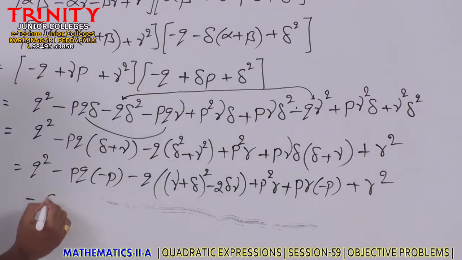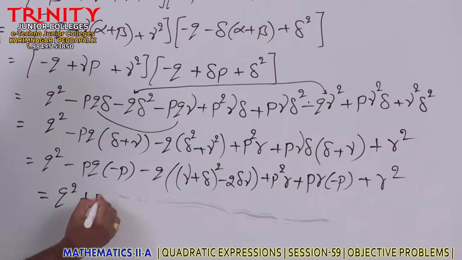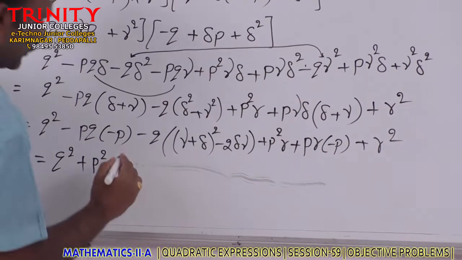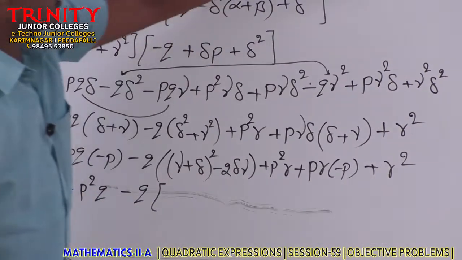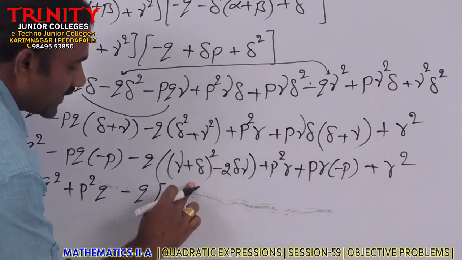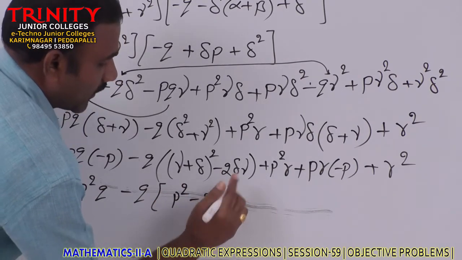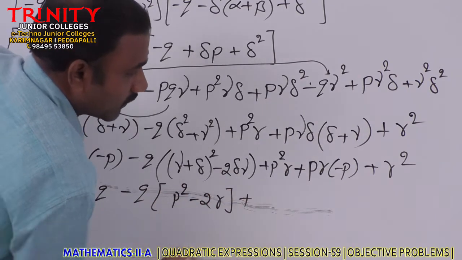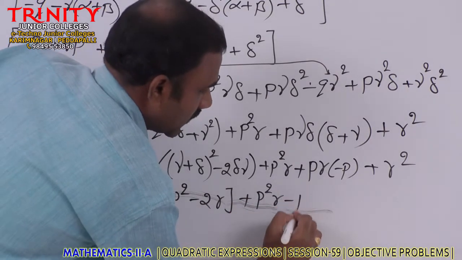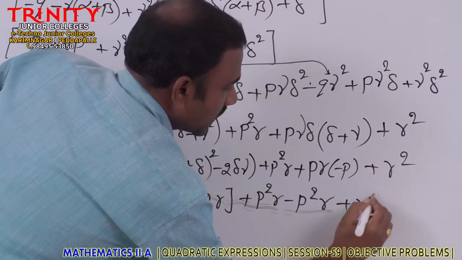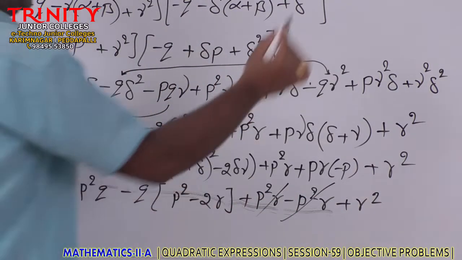Then q square minus into minus plus p square q, minus q of gamma plus delta value minus p whole square, that is p square minus 2 gamma delta value is r, plus p square r, this is minus p square r plus r square, plus p square r minus p square r cancel, we'll get the value